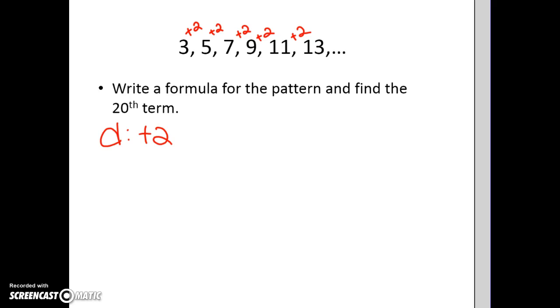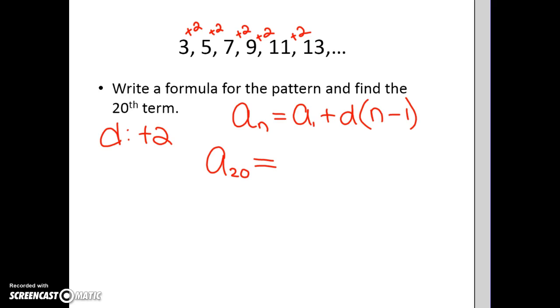So the formula that we looked at was a sub n, the term number we want, equals the first term plus the common difference times n, the term number, minus 1. So let's see if we can substitute values in and find the 20th term. So we are looking for a sub 20. And we need that to equal the first term